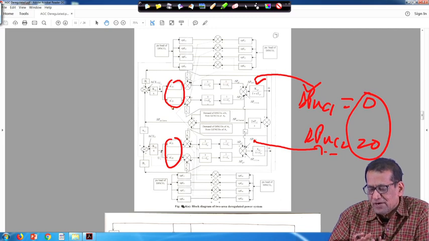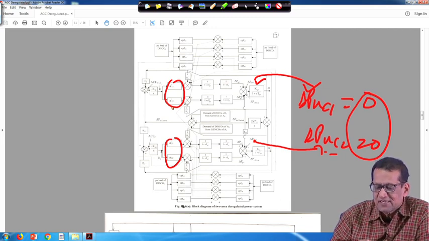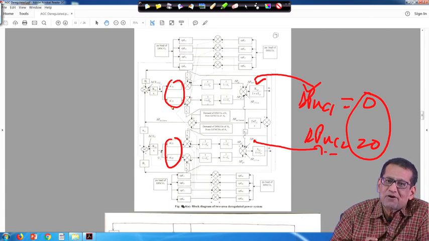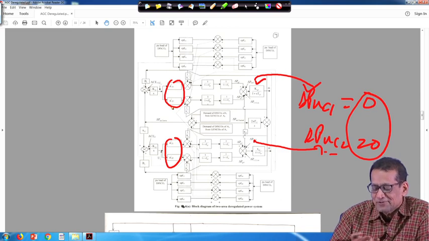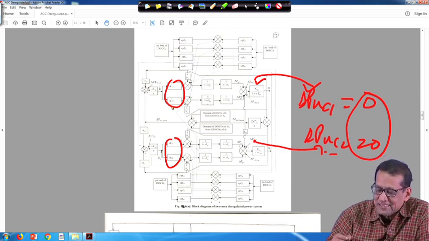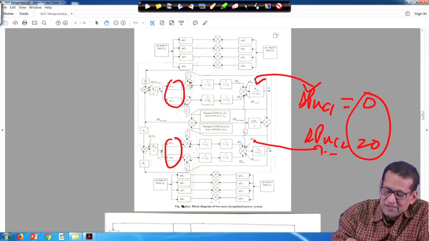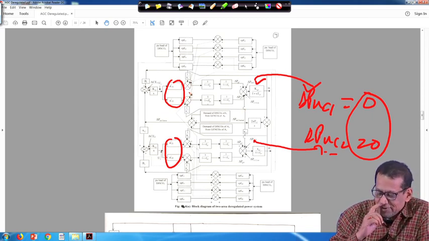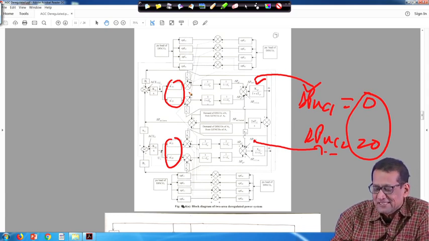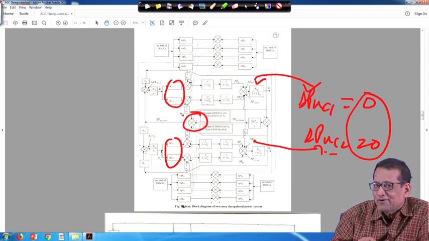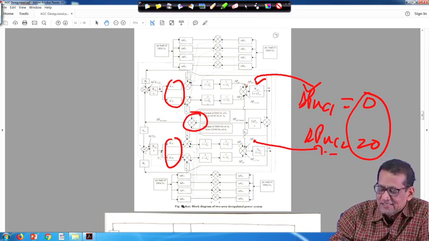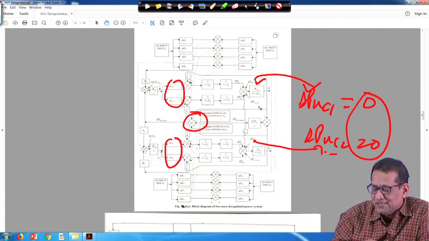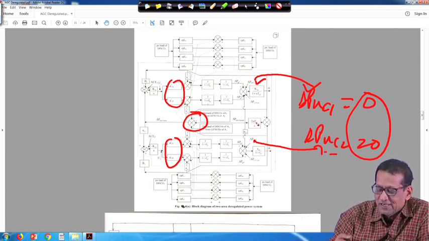Now, what difference did we see from the conventional system? In the deregulated system you have contracted power demand, and accordingly you have to formulate. The basic philosophy remains the same. The first difference is that one additional signal has come to the input of every GENCO's governor turbine. Second, the tie line power error equation changes. Third, the uncontracted power demand and, of course, the local load will be reflected here. Similarly, delta PL to local.